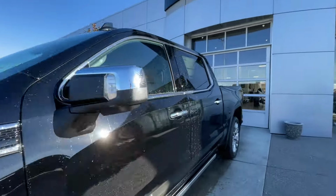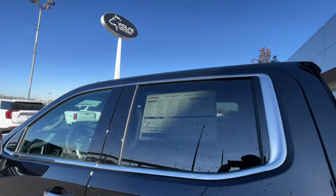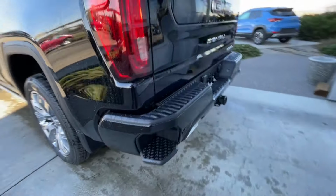Back down the side of the vehicle, this truck is remote start equipped and has keyless entry, rear tinted privacy windows with chrome trim all around, automatic step assist come out when the doors are open and retract once the doors are closed. At the back of the vehicle, we have side steps built into both sides of the bumper,